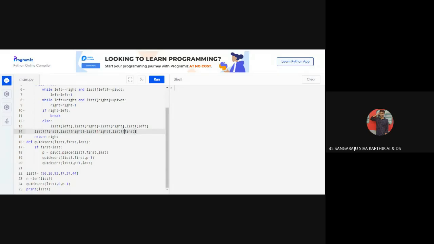What it is, if you consider first as my pivot value, then when sorting 11, 42, 53 and 62, this will come. First we are assuming 42 as my pivot value. After sorting, this will come. Here you see list1, first, p minus 1.